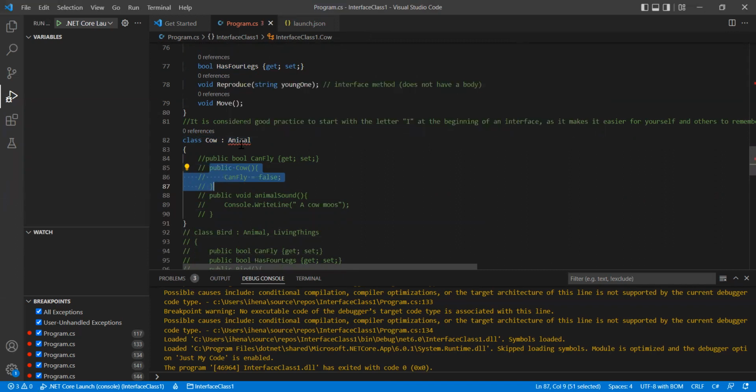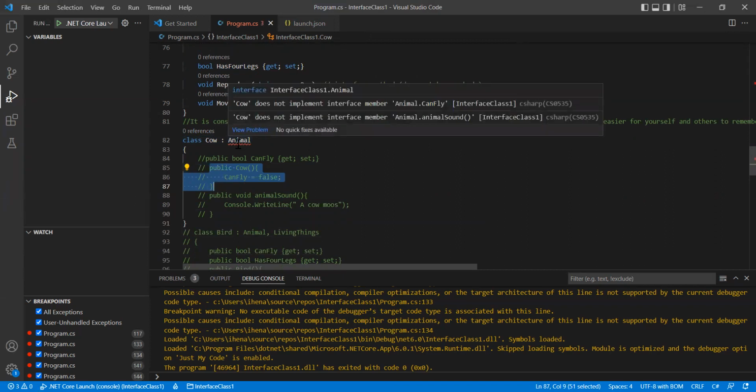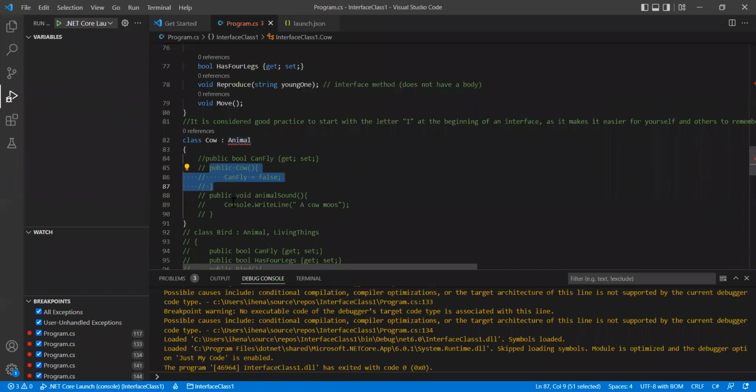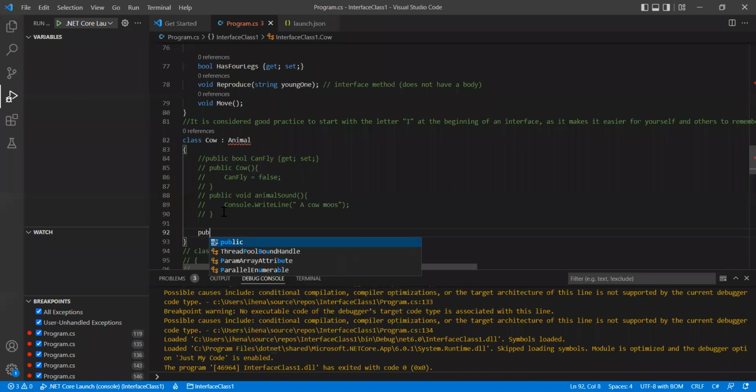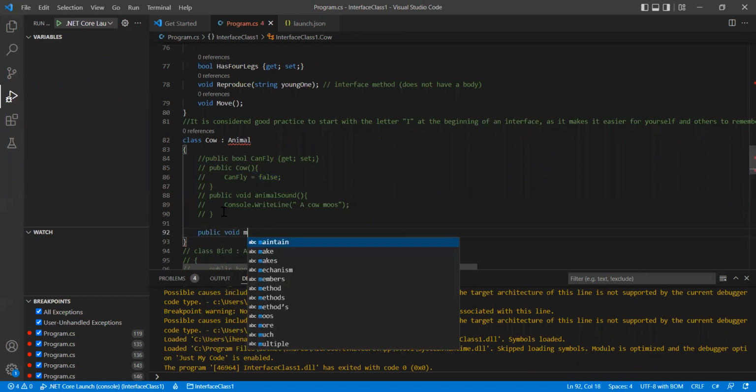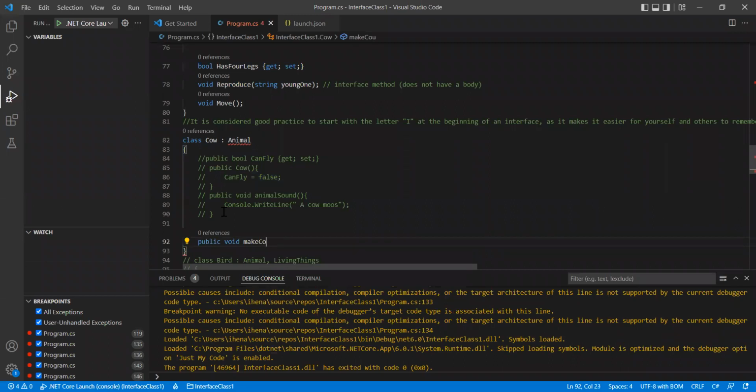What does it say? It says cow does not implement interface member can fly, animal sound. So even if I add a different method here, let's say public void make sound,